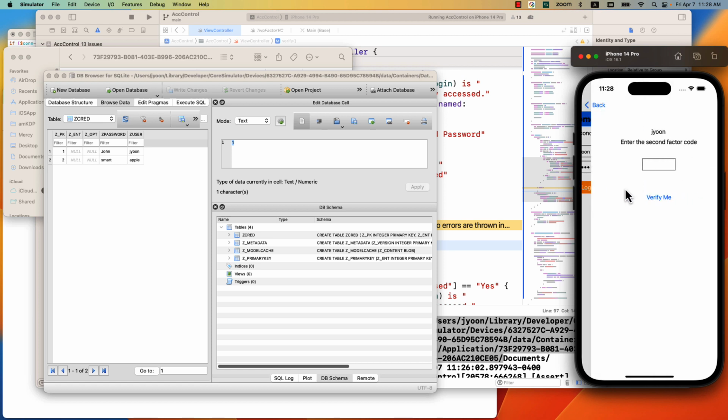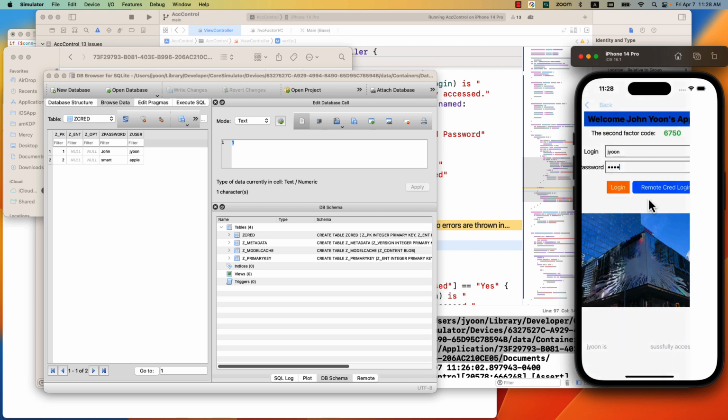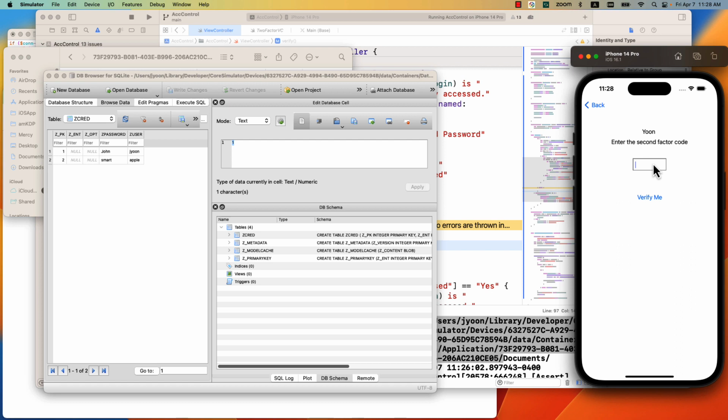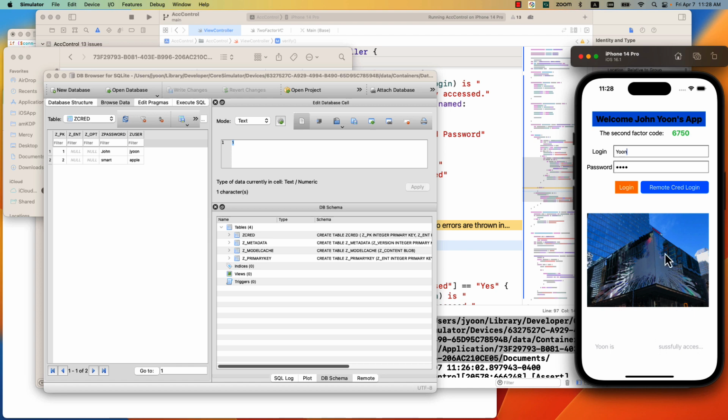Okay, 6750. Come back here and do that, right? If I go to remote, and again 6750, verify me. This is not refreshed, so that is